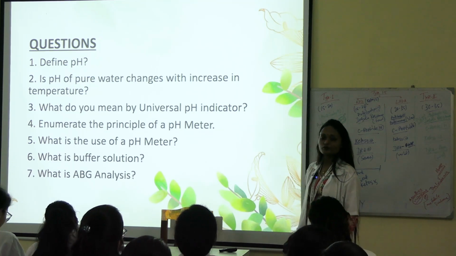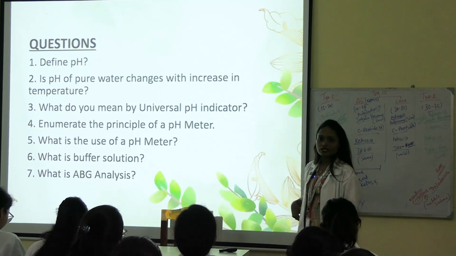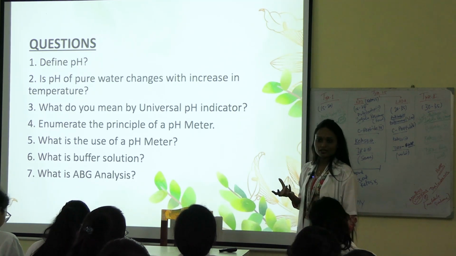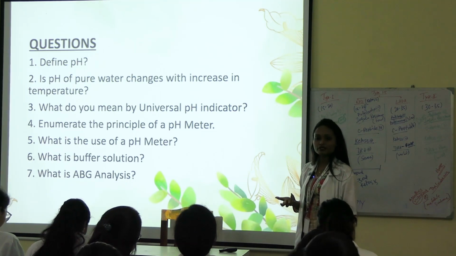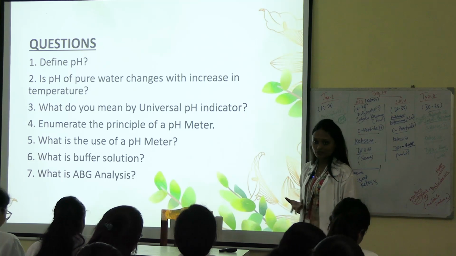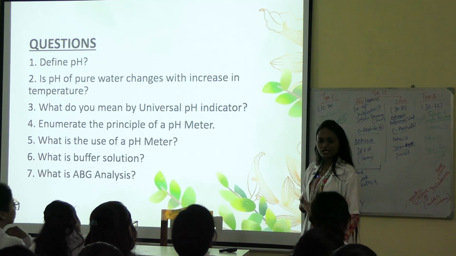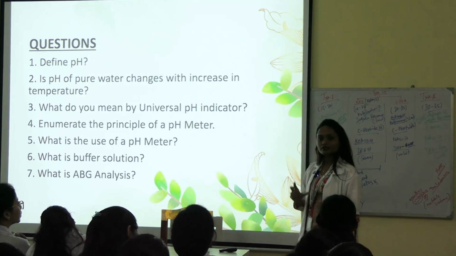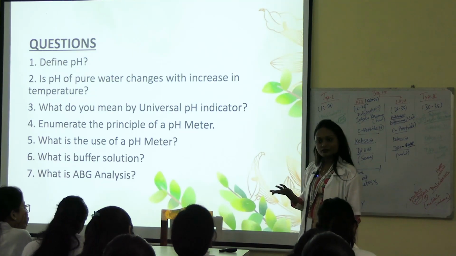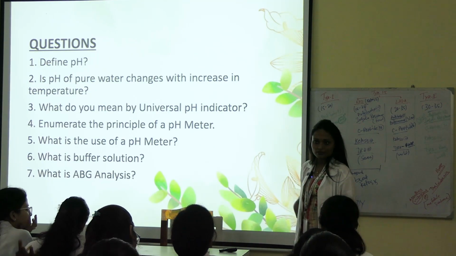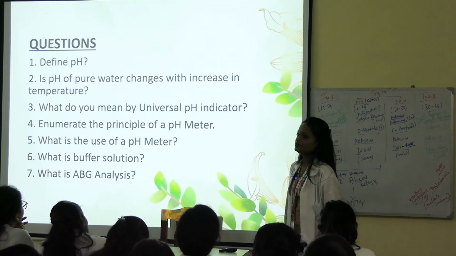How? If in one solution there is more number of hydrogen ions, then this will be more acidic. If there is more number of hydroxyl ions, then this is more basic. So whichever number is more decides it: more hydrogen ions makes it acidic, and fewer hydrogen ions with more hydroxyl ions makes it basic. Change color. Yes. So in universal pH indicator,